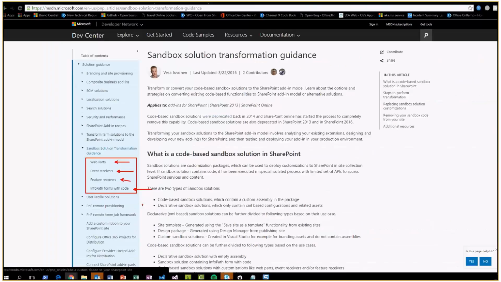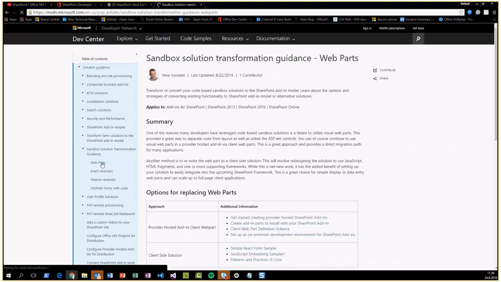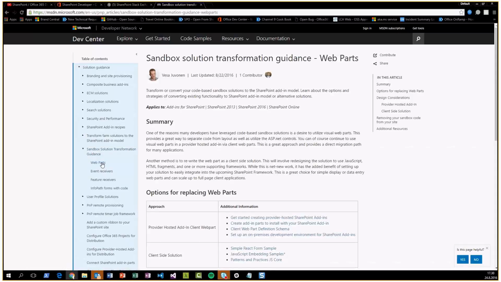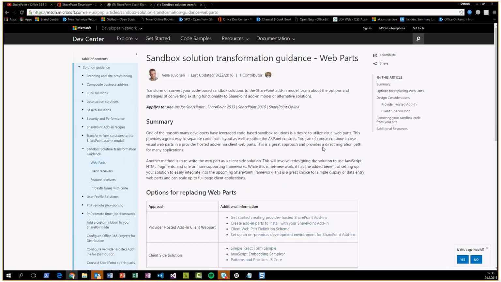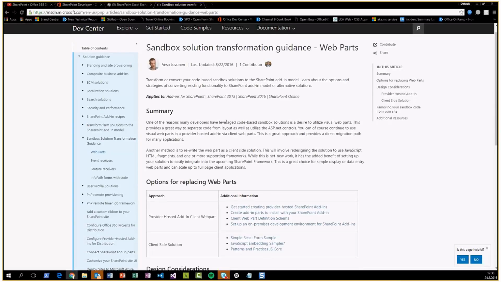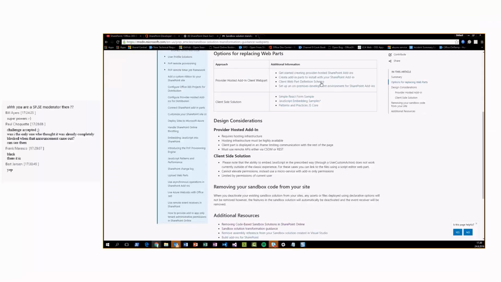So as an example, the question we had here was for custom workflow custom actions. I'll come back to that one in a second. But if it would be around web parts, we have guidance available here, and there are links to additional resources. And I'm just realizing that we haven't updated this page to link to that example solution. Bert, do you mind taking a note on that? We need to update the link here. Oh, it is actually here. It's the simple React form. Yes, it is. It's that one,